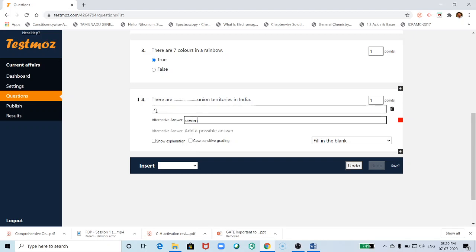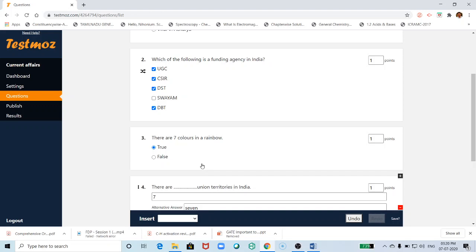So that both the numerical one and the alphabetical word answer will be taken as correct by the system. Also, if it is case sensitive, here case sensitive grading, you can tick this, so that if a student writes 7 in capital letters or only the first letter capital, then the system will take all as a correct one.